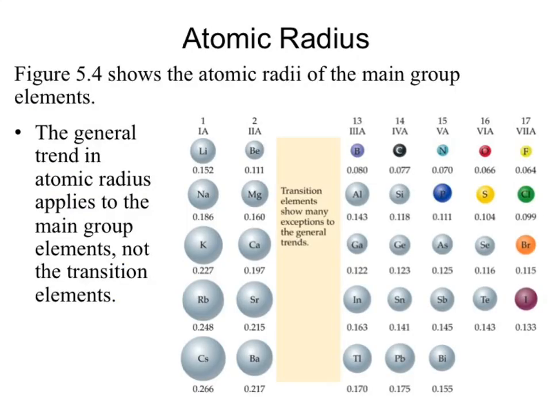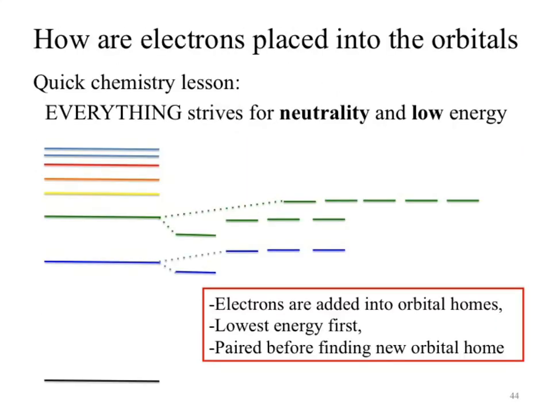Okay? Let's think back to our electron configurations. If I look at hydrogen with an electron down here, and I look at the vacuum up here,